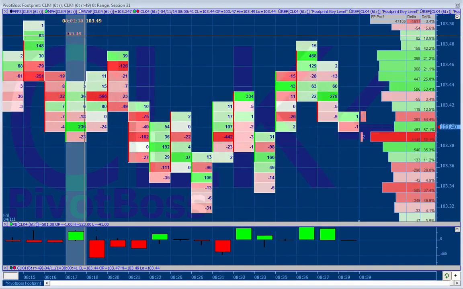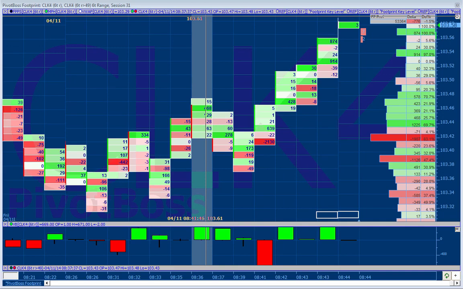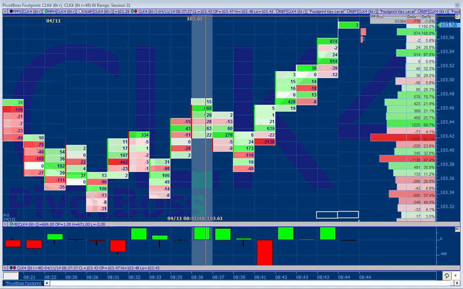All right, now as price progresses, it honors the 103.32 level. Okay, let's look at this again. Here's 103.32. The level I mentioned before was 103.30 that it needed to hold. As long as price holds above that stuck seller, price is likely going to continue higher, and we just saw the breakout.